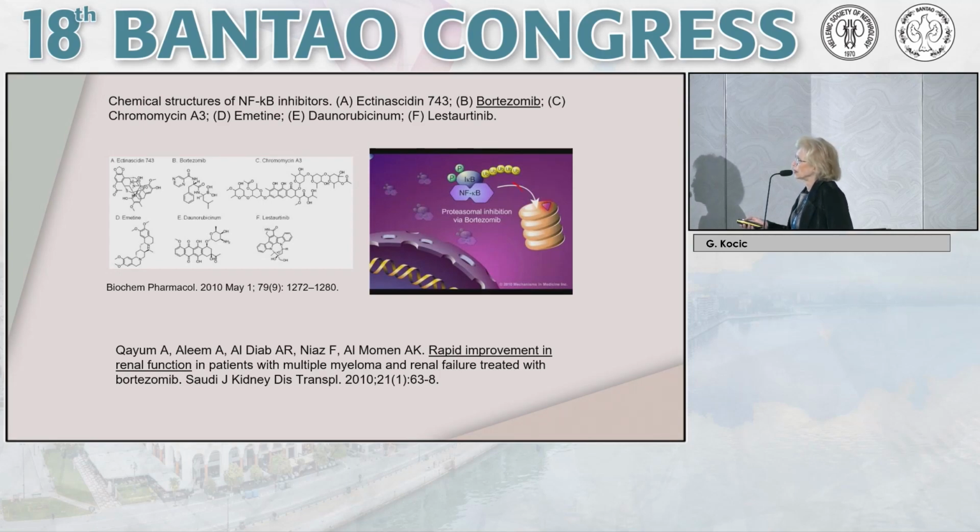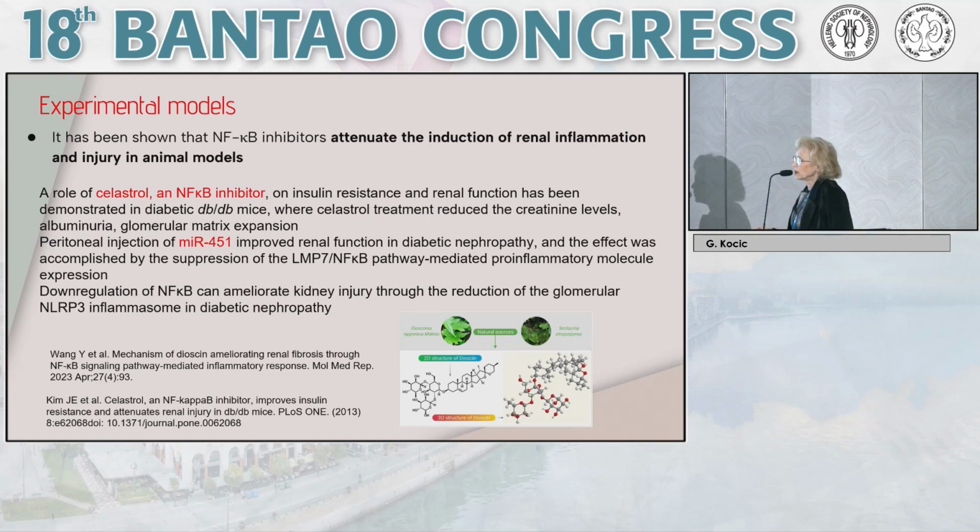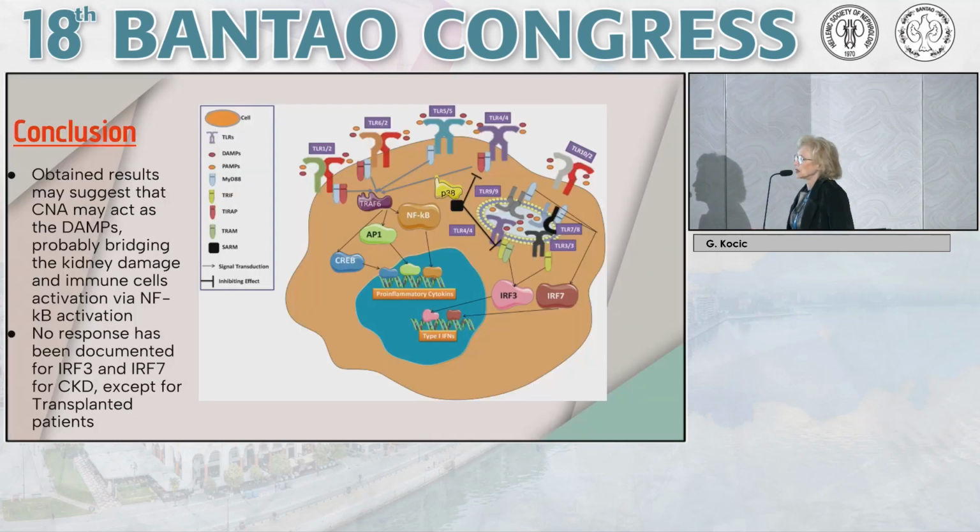ameliorating renal damage? What about experimental models? There are many experimental models where different NF-kappa B inhibitors can be used, then microRNAs and some other substances. Also, we have found some results about some Chinese plants, and in our